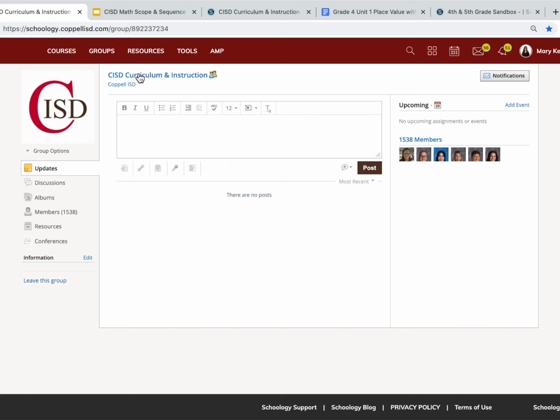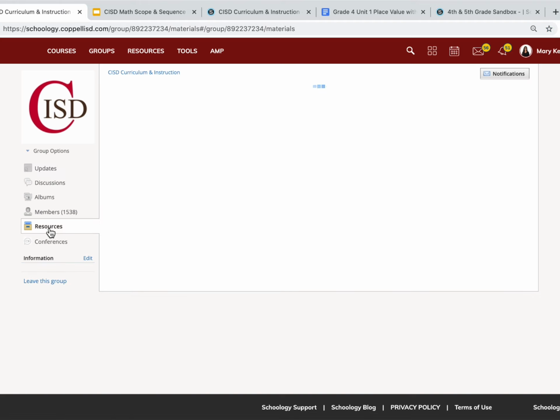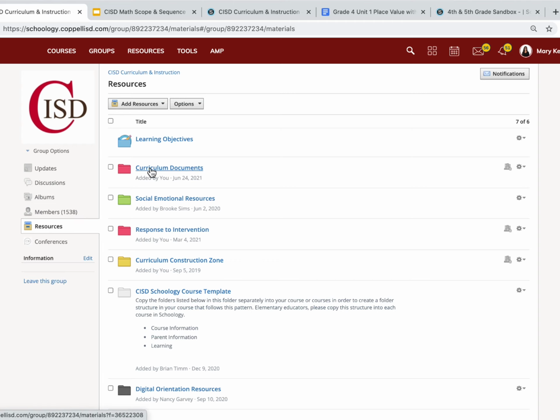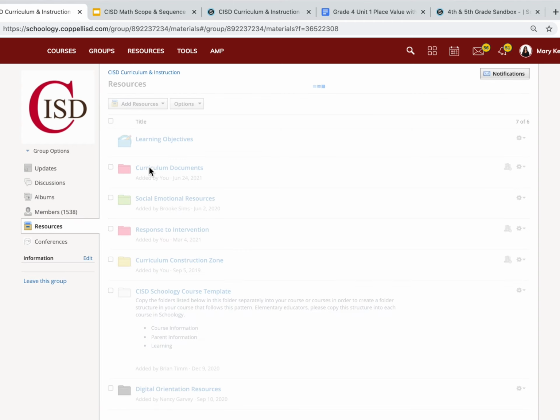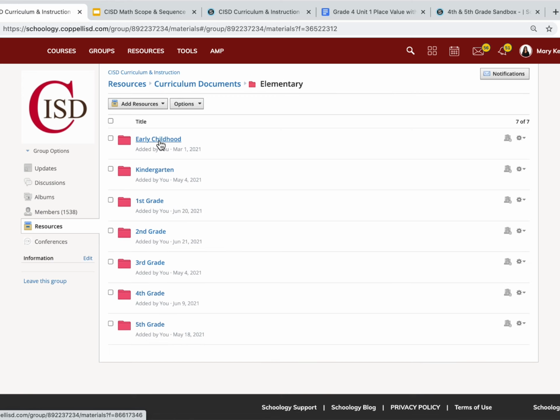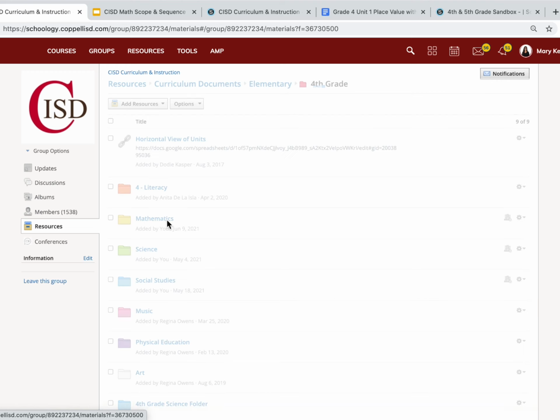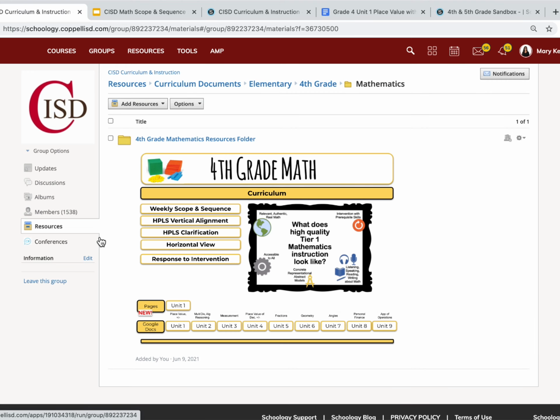When you access the CISD Curriculum and Instruction group in Schoology, you'll select Resources on the left, then Curriculum Documents, and Elementary. I'll use 4th grade as an example. Choose Mathematics, and you'll see a graphic organizing resources for you as you work with your team to design your learning experiences. These buttons provide access to resources that will be very helpful, such as the weekly scope and sequence